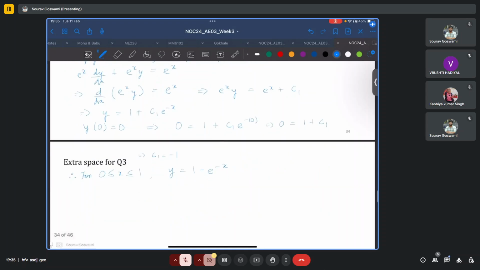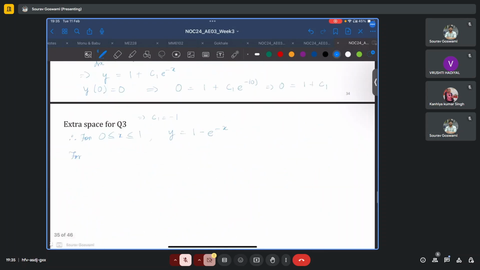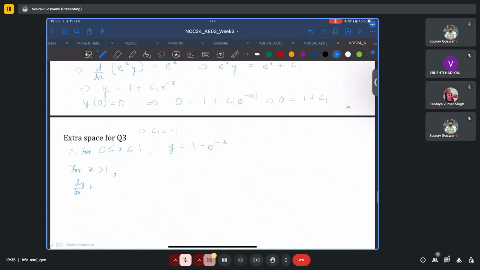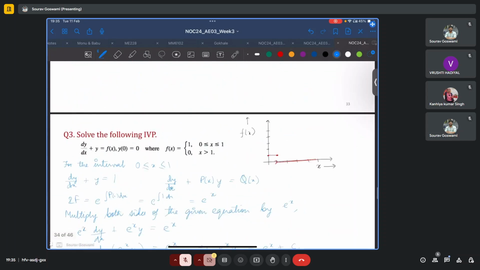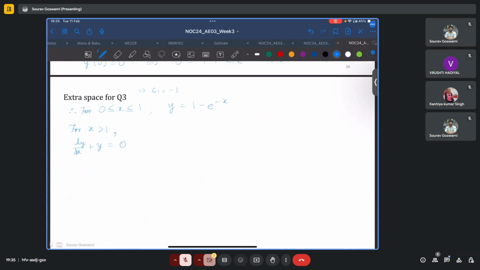What about the other interval, that is for x greater than 1? Now dy/dx plus y equal to 0. And again, this will fit the standard form of the linear differential equation. And so we find the integrating factor, which is e power integral 1 dx in this case, or e power x. We multiply